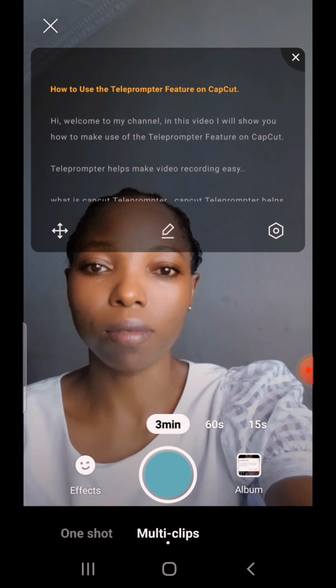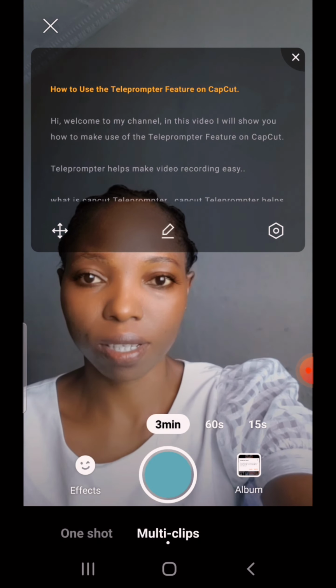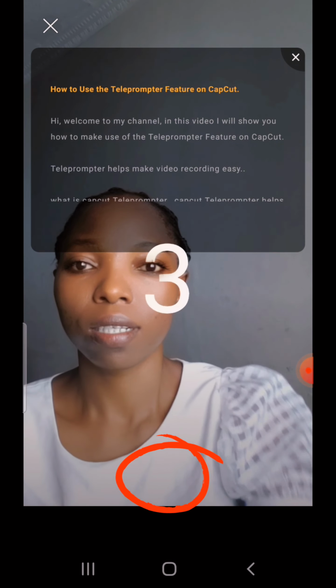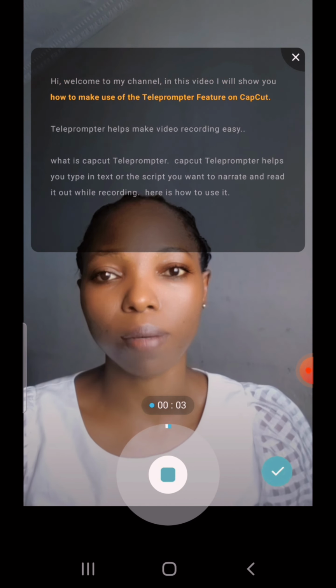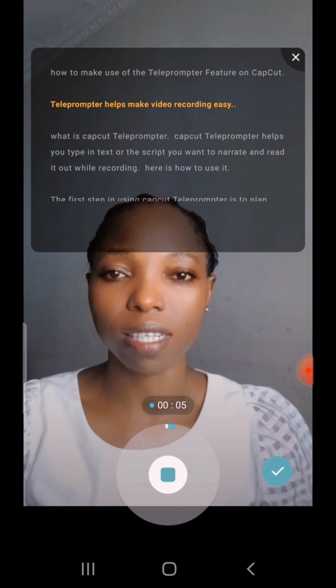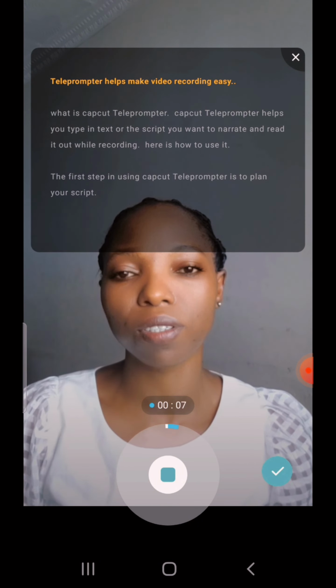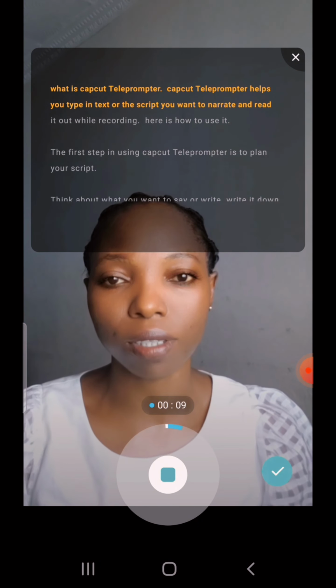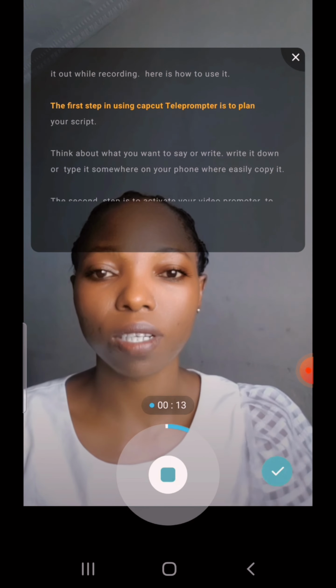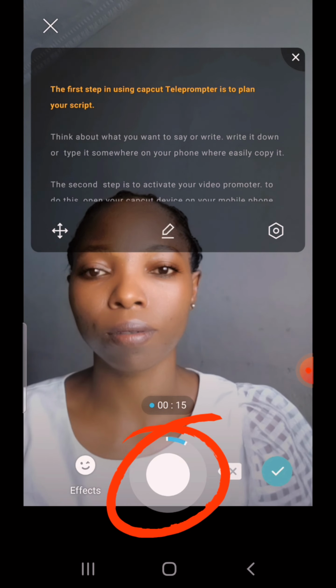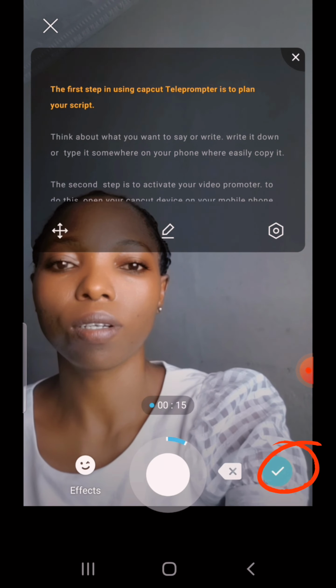After setting your timing, you now click on record. Stop, and you click on